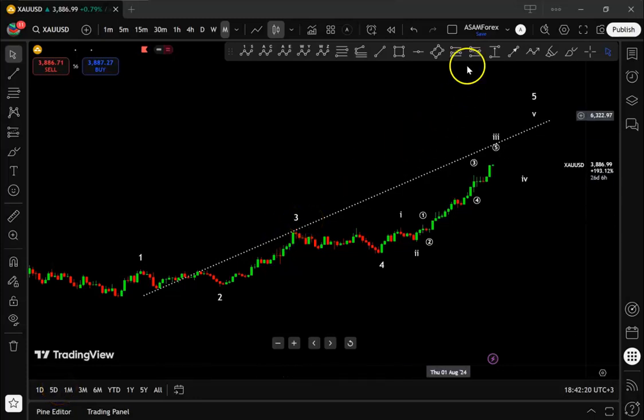Yes, welcome to a quick market outlook on gold. So this is gold spot and it is analysis for the coming week. This will be from 6th of October to 10th of October. So it is just a 5 days market move on gold.